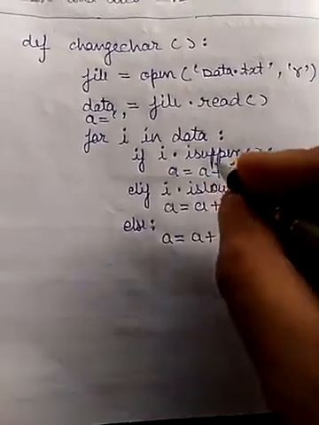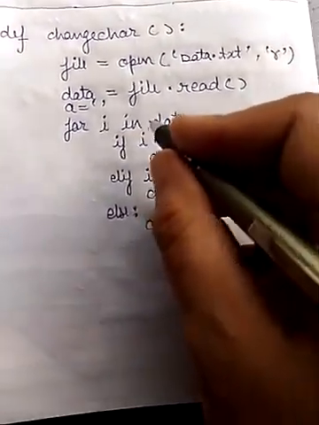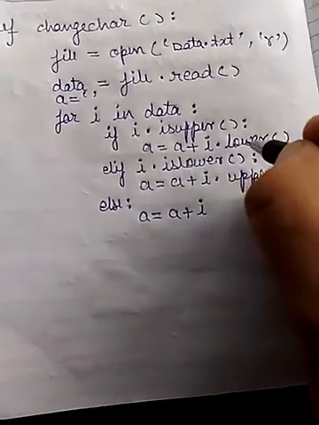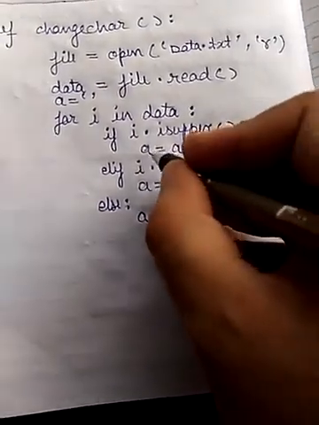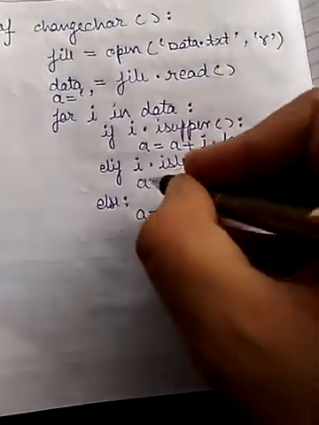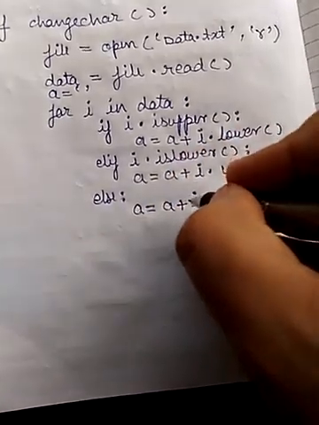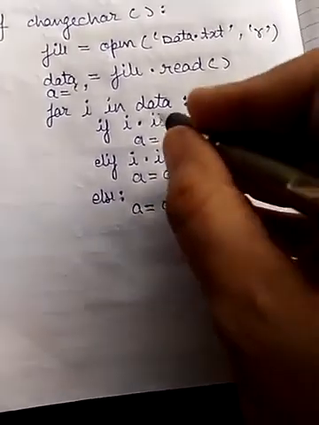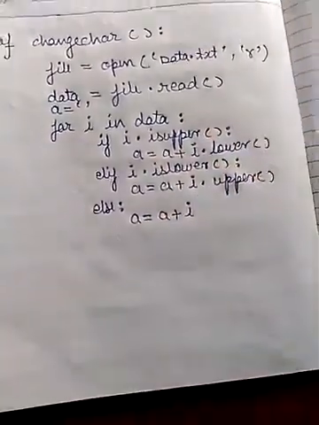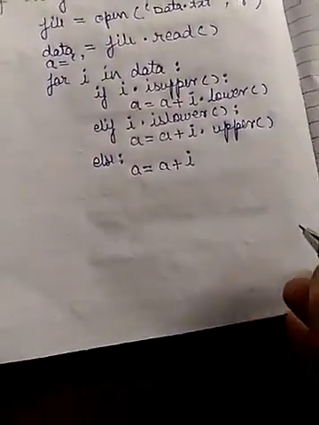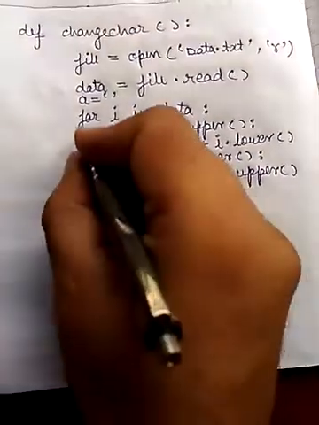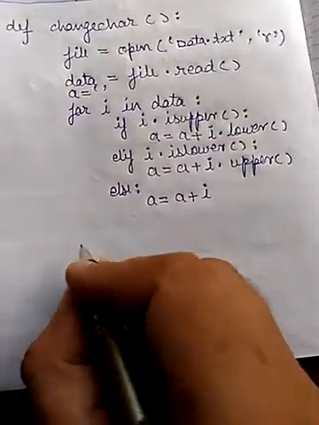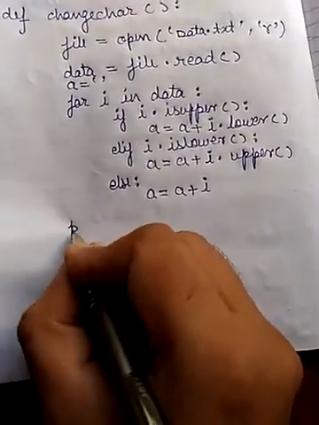Now after the traversal of the loop, ये पूरा loop चलने के बाद जो कैपिटल कैरेक्टर है वो लोअर होके ए में आ जाएंगे और लोअर कैरेक्टर है वो कैपिटल होके ए में आ जाएंगे और बाकी बचे हुए कैरेक्टर एज इट इज आ जाएंगे. So after the execution of the loop now we have to print the content. So in this indent means after the loop,